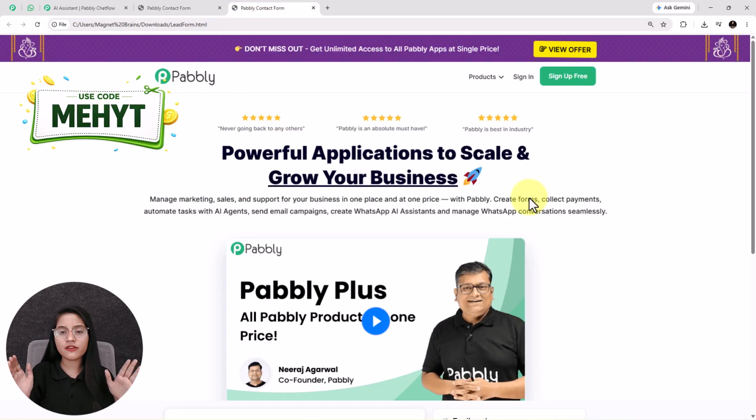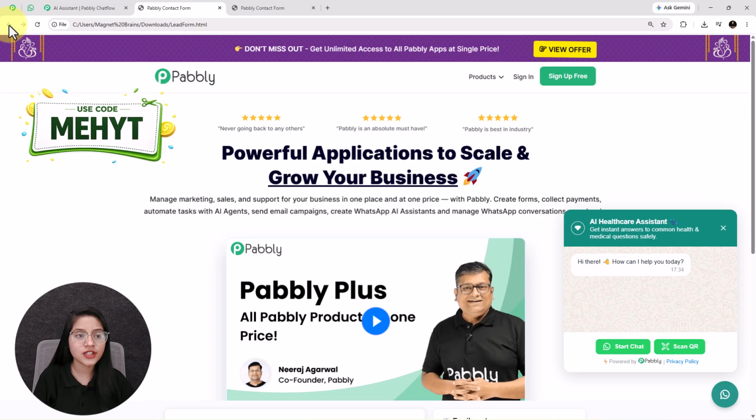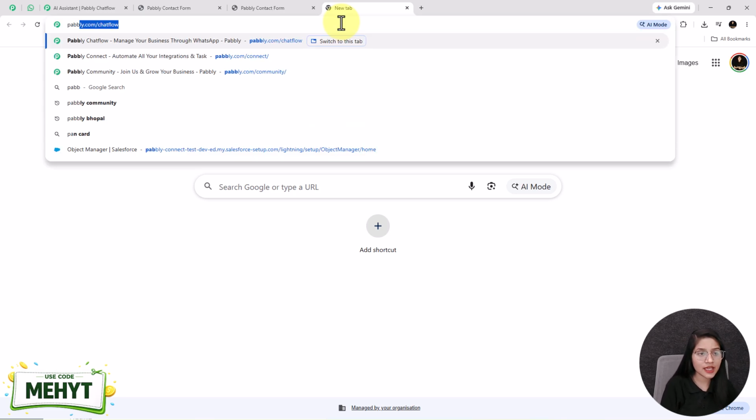See, this is the simple website that I have created without any AI assistant. And now this is the same website that I integrated with an AI assistant. Now, for making this connection, we are going to use the AI assistant feature that is present inside Pabbly Chatflow. To come to this page, open a new tab and search for Pabbly